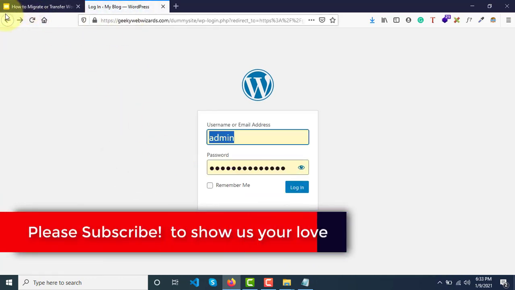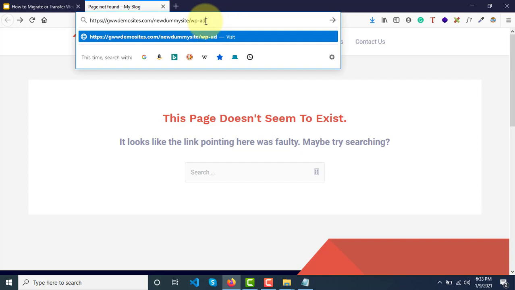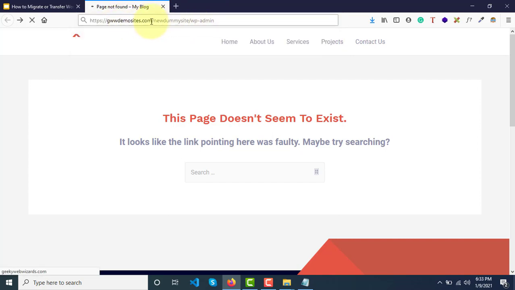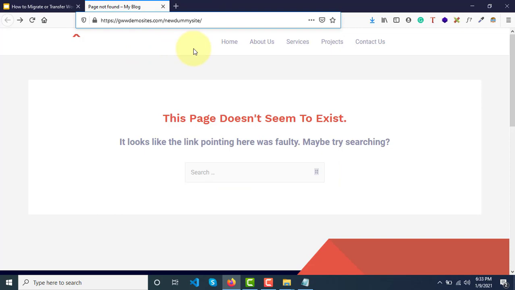I hope you are able to see that even when I try to log in to WP admin, it is redirecting me back to my old website, geekywebwizards.com/dummy site, right? So it means this is the permalink issue. How to resolve it? It is simple.